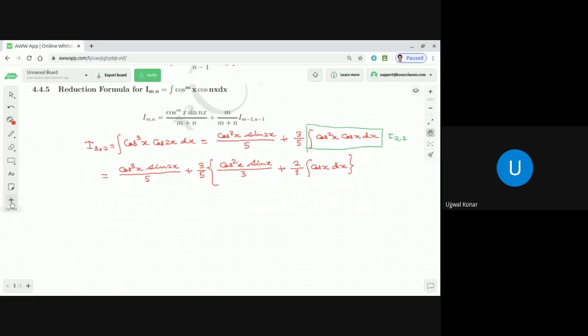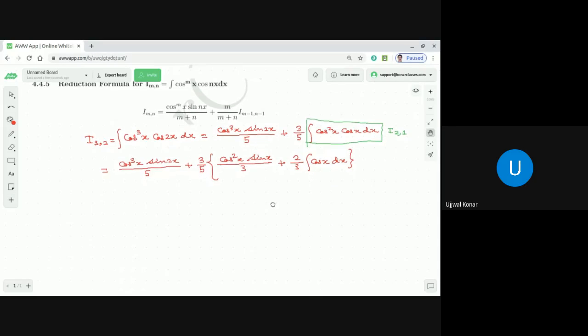So what we discussed, cos to the power mx. I made, as I said, you will not get this kind of reduction formula in any of the conventional books. In some advanced book it is there, and after that I worked on it and came up with these formulas. But again I repeat, if you remember it, it is going to give you a huge advantage. Now the next one is cos to the power mx into sine nx dx.